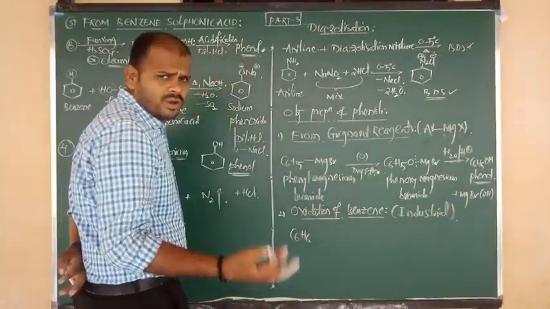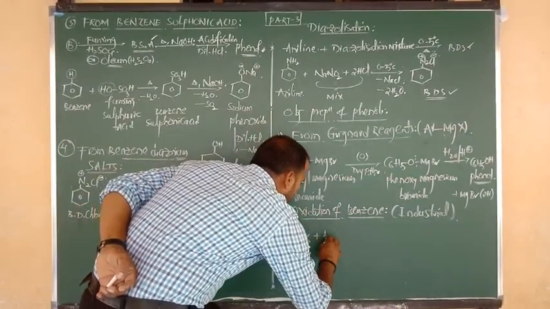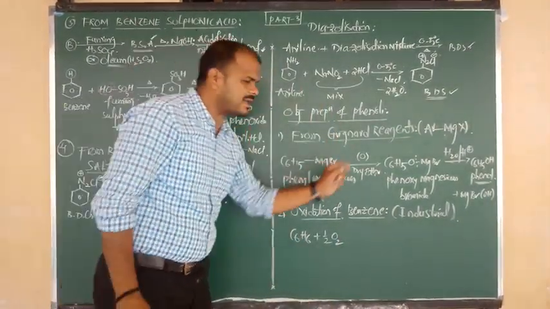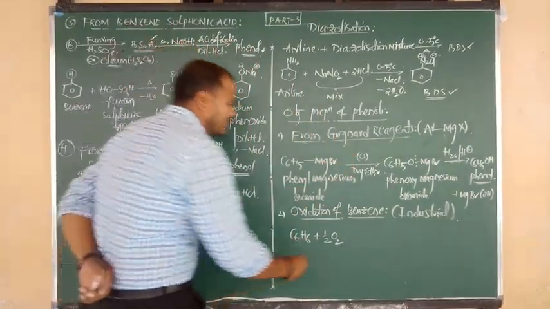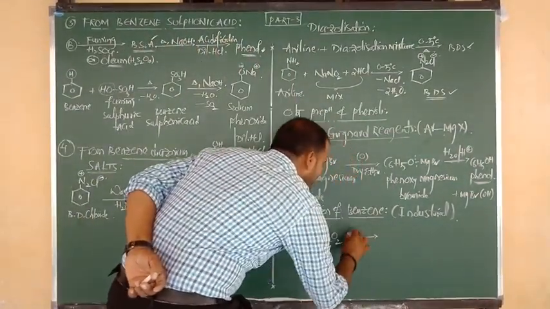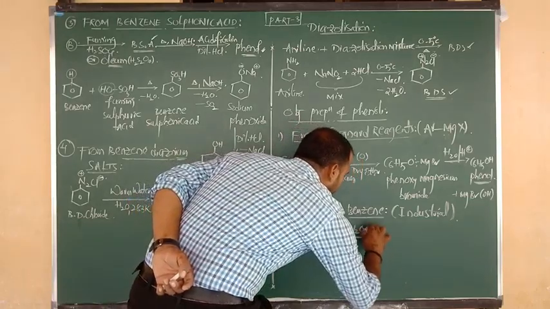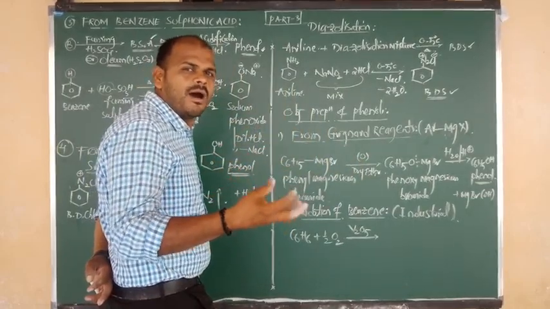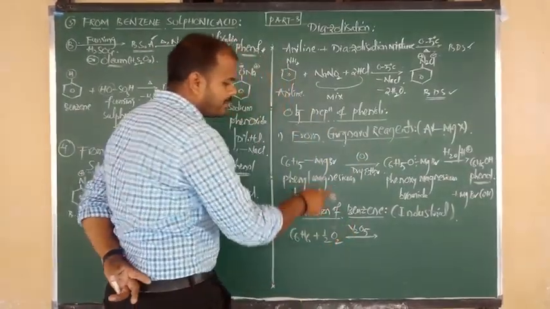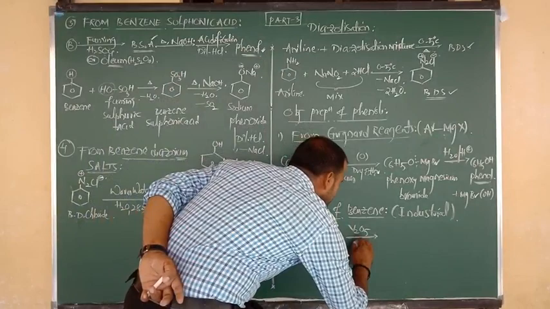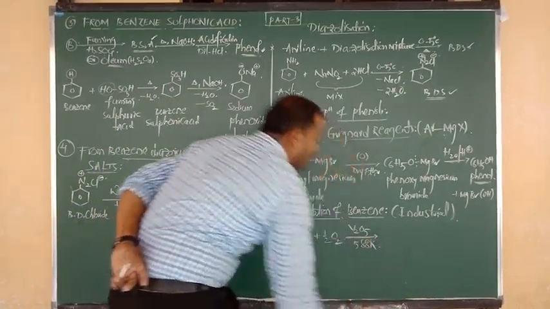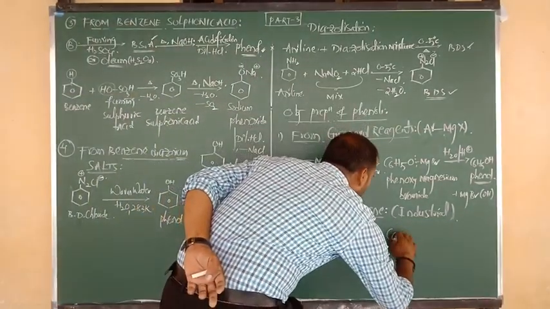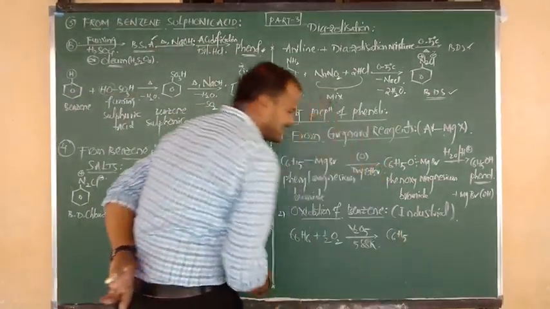It undergoes the process of oxidation. It requires half mole of O2, or you can write simply a free O atom, like this also you can write. Good. So your reaction will take place by using a suitable catalyst. This is nothing but V2O5 catalyst, divanadium pentaoxide. And by using a suitable temperature, this is equal to 588 Kelvin. And finally, here you are going to get the product, nothing but C6H5.